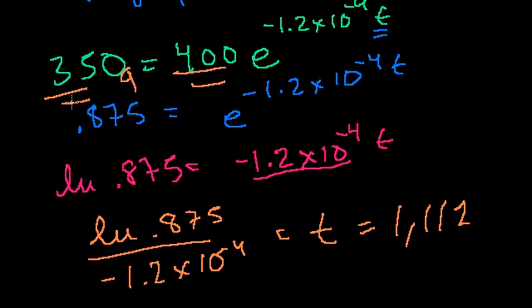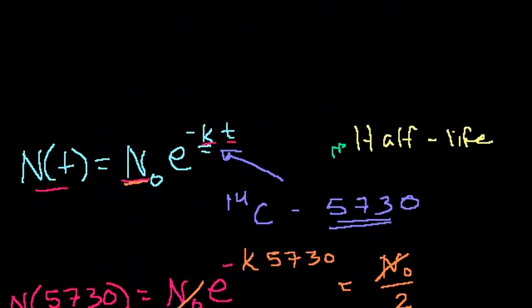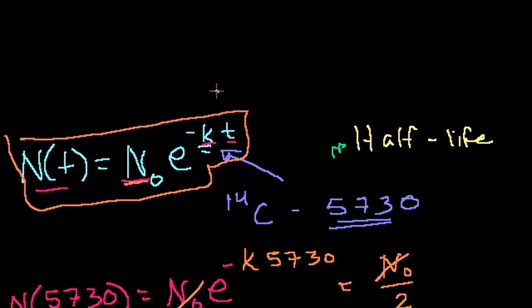This might seem a little complicated, but if there's one thing you have to do, it's remember this formula. And if you want to know where it came from, watch the previous video. For any particular element, you solve for this k value, and then you just substitute what you know and solve for what you don't know. I'll do a couple more of these in the next